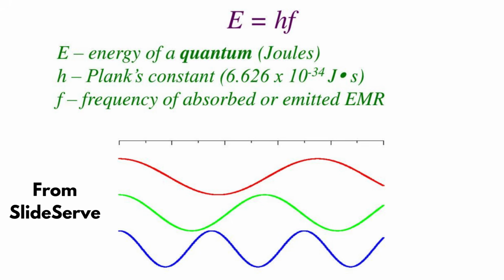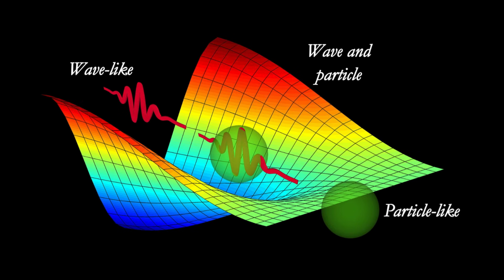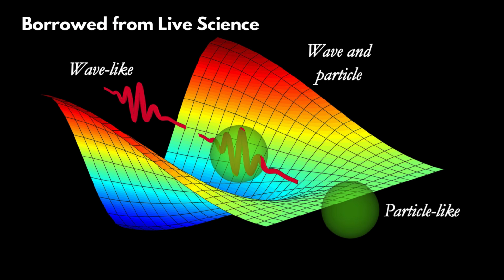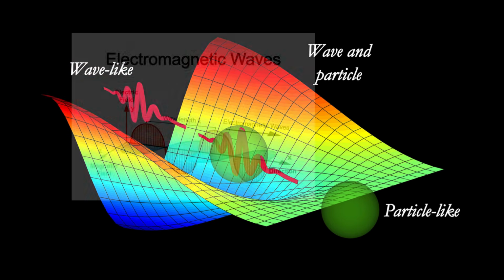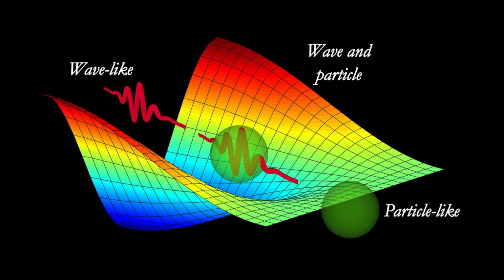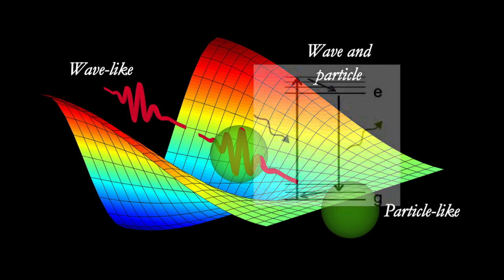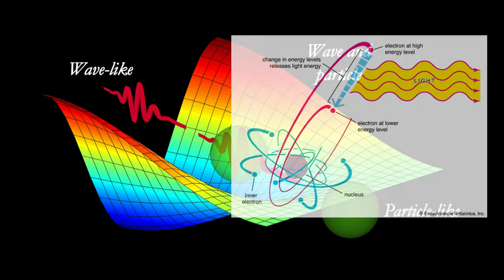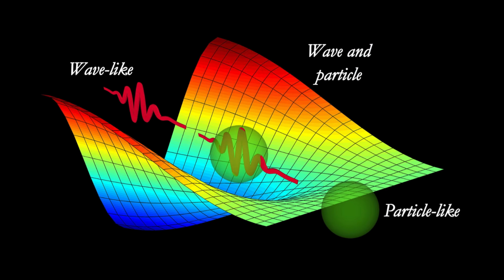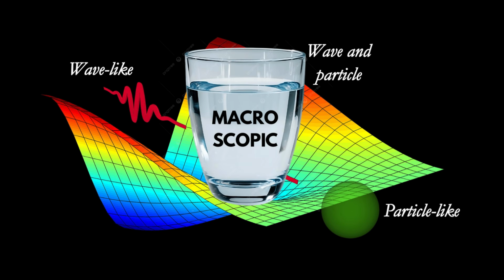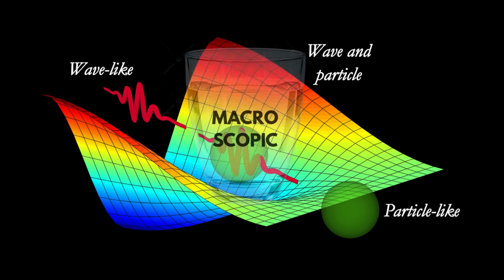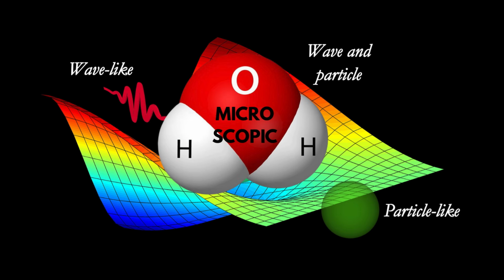Frequency is often more fundamental than wavelength because it directly determines photon energy and remains constant when light passes between different media. A lot of confusion comes from thinking EM radiation is either a wave or a particle. Actually, light behaves like a wave when you're talking about interference, diffraction, polarization, and imaging. However, it behaves like a stream of particles called photons when we're talking about absorption, emission, and energy transfer at the atomic scale. To put it simply, when looking at a macroscopic level, light behaves like waves. When looking at a microscopic level, light behaves like particles.